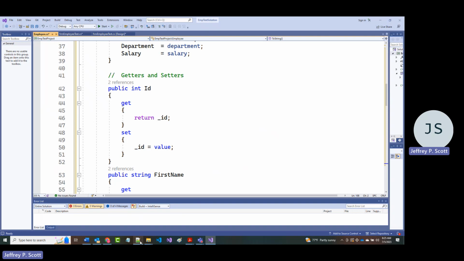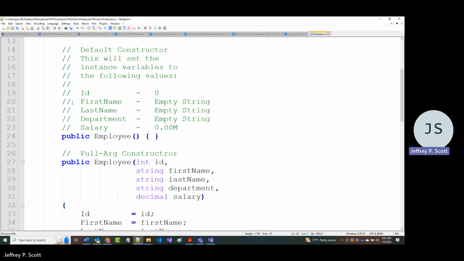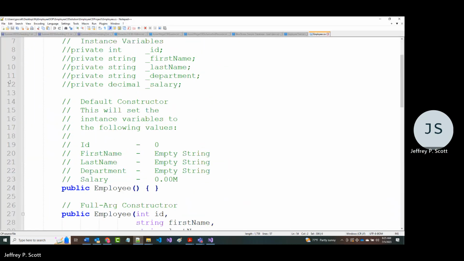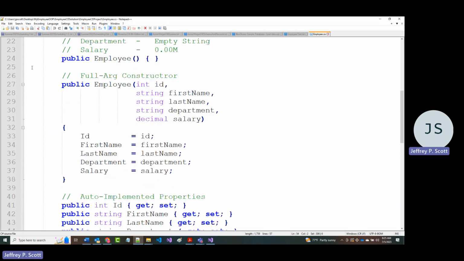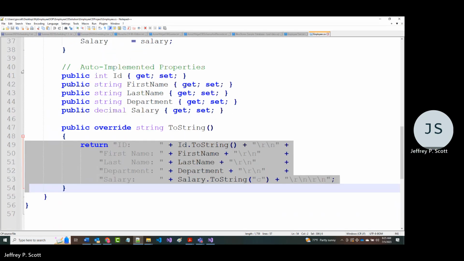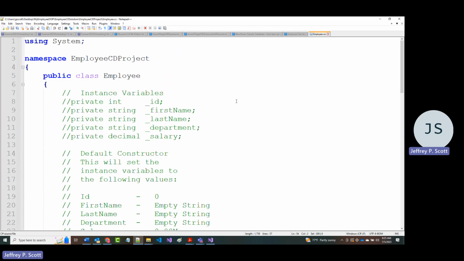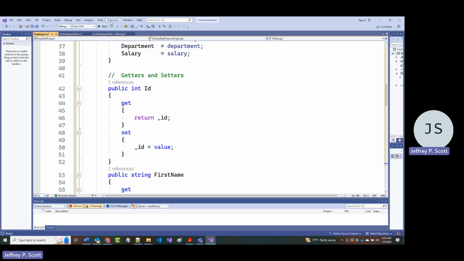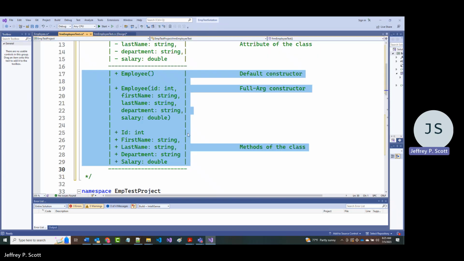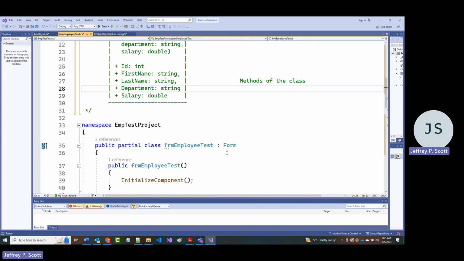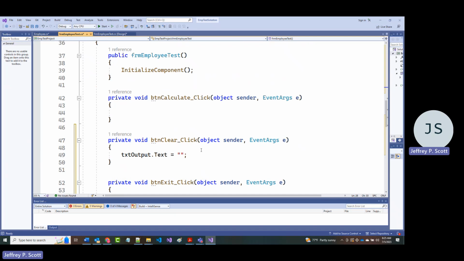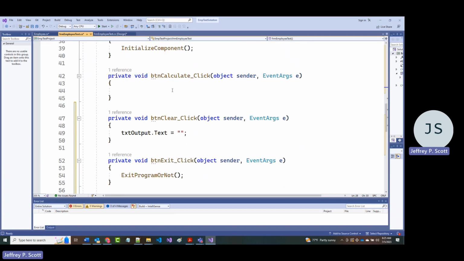And I will go and add the comments that I had in here before. In fact, do I have that up still? I do. Did that. Oh, I already put the comments in. Okay, good. So let's go back to the form itself. All right. We've already done this. So let's call